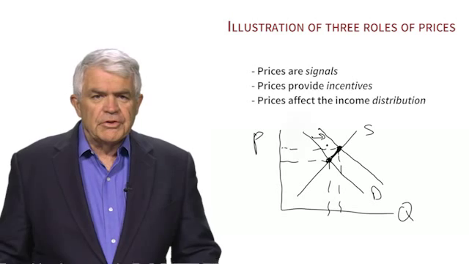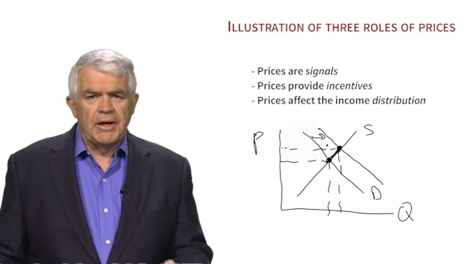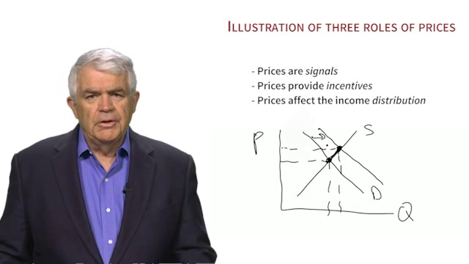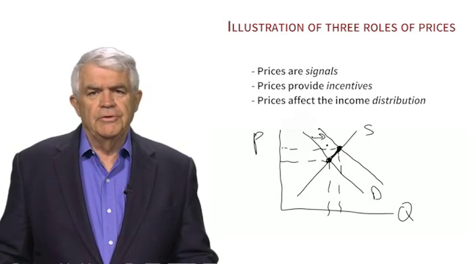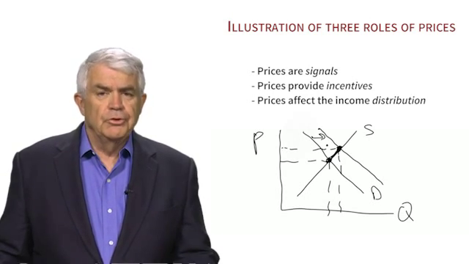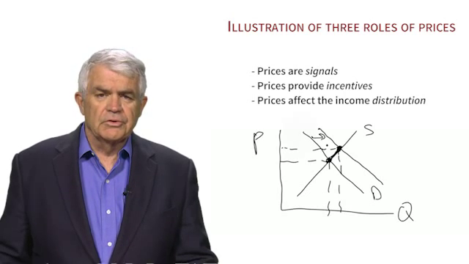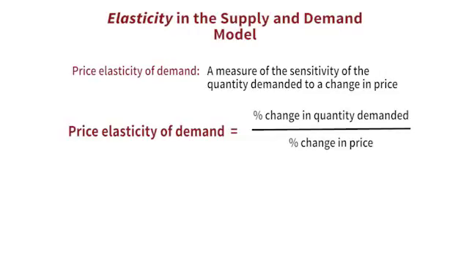Now, as I've drawn this picture, there's a real question about how steep the curves are, how flat they are, and economists really need to know those in order to make this model useful. You have to know how much the price will change, and that depends on the slopes of the curves. So economists have developed this concept of